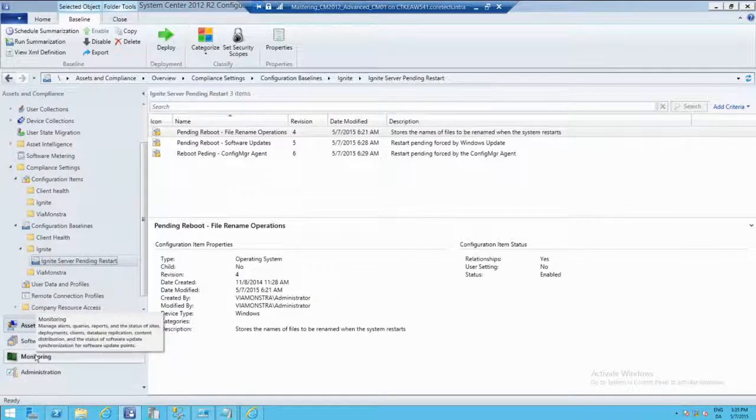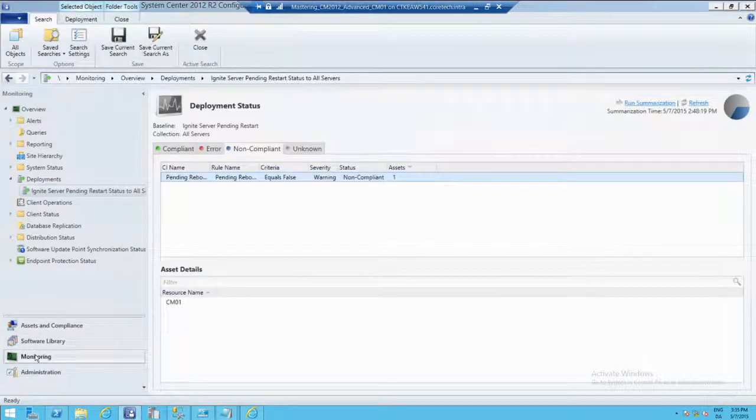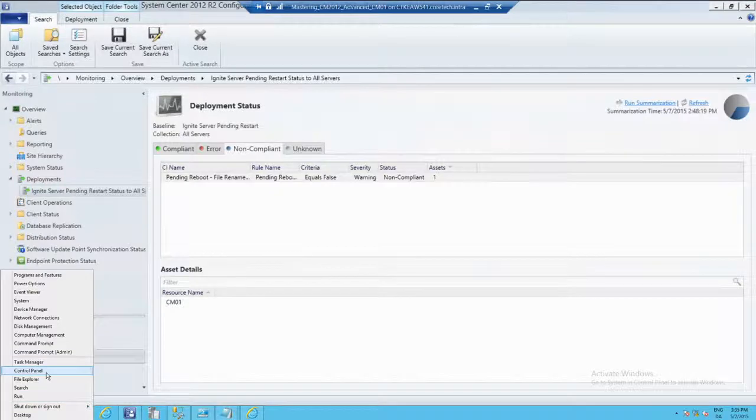So you can do that in the CI, but in a data center, you don't want to do that unless you're extremely brave, because we have something called maintenance windows. So you want to be able to track the compliance, and you can do that in your monitoring node. So in here, I can see, well, I do have one that is not compliant, and that is the server, my site server. And if I look at my site server here,